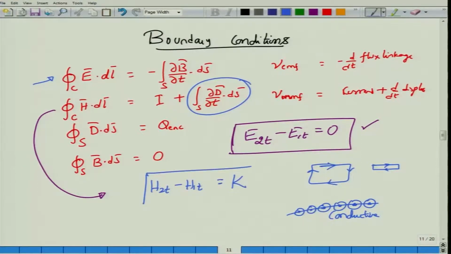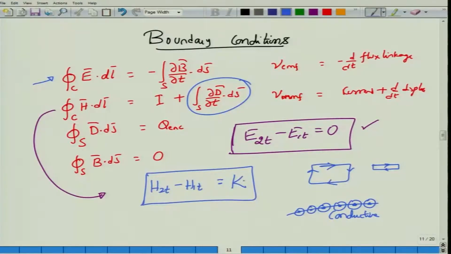The conclusion you have to draw from writing the same path and applying that boundary condition is that the tangential magnetic field components H will be discontinuous by the amount of this sheet current K. You cannot rule out this sheet current unless both media happen to be only dielectrics. If one of the media happens to be a conductor, there is a good chance there will be a sheet current, and you have to consider that sheet current as the discontinuity component for the magnetic field.